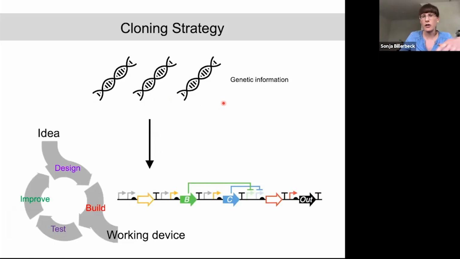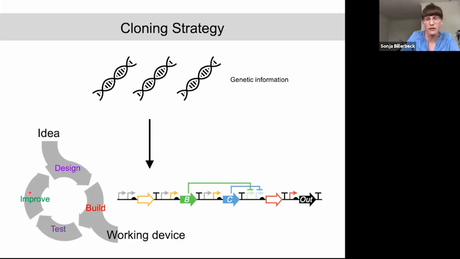What I want to talk about now is how you get this genetic information into the circuit that you want to implement, because usually you want to have it under a certain promoter. It's supposed to be inducible. It's maybe supposed to be linked to other functions such that you can actually build a molecular machine out of it. And how you build this circuit